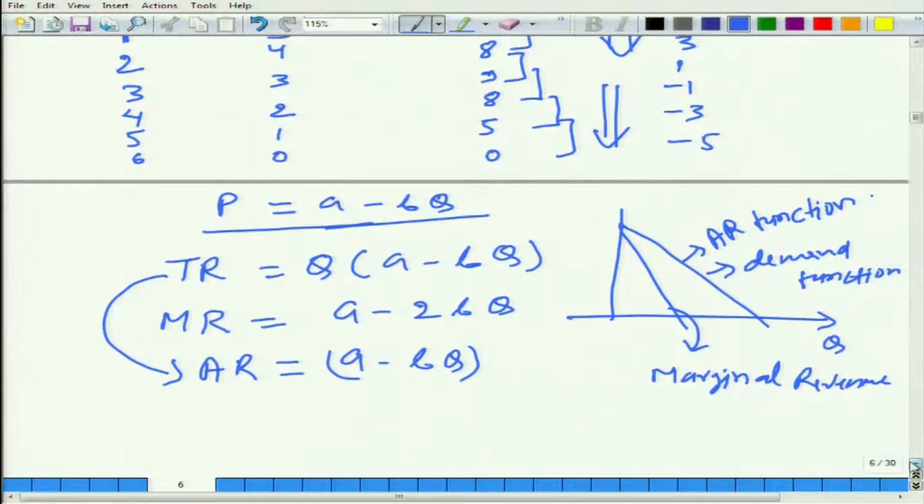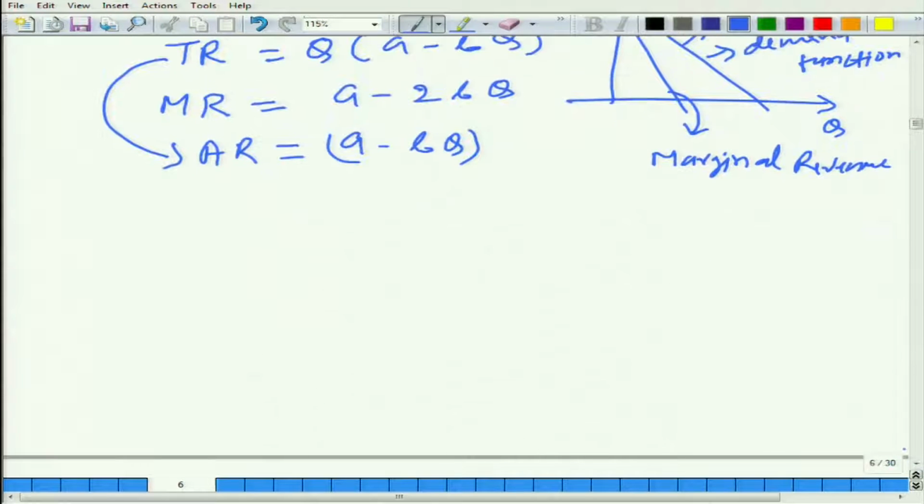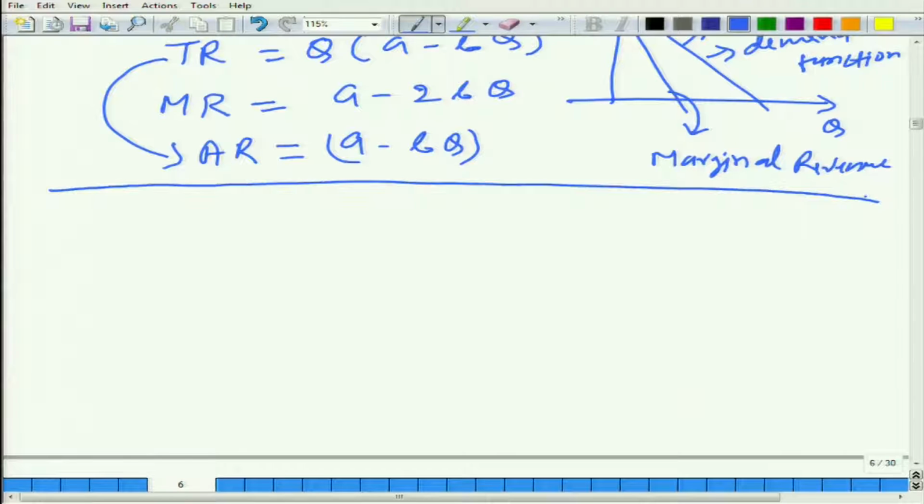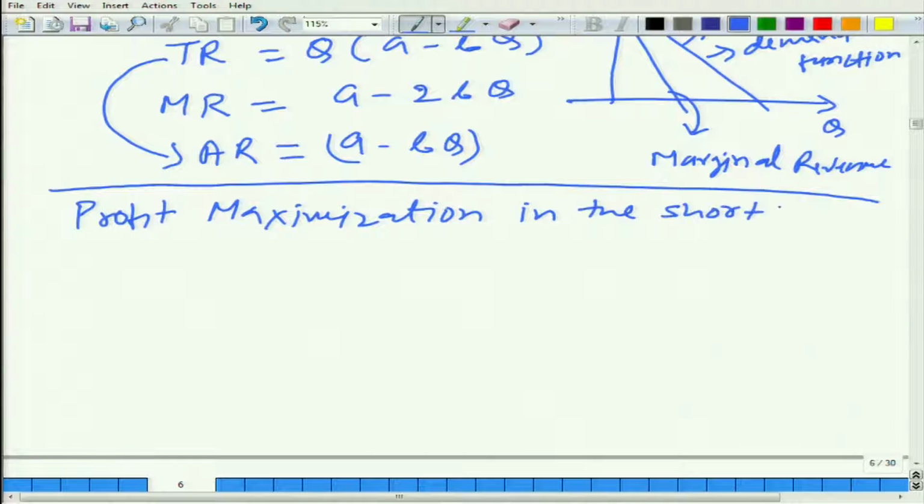Now, let us look at it from the input side. Okay. Let us talk about, in a way we have been talking about profit maximization in the short run. Okay. Let me write it again. Profit is going to be,